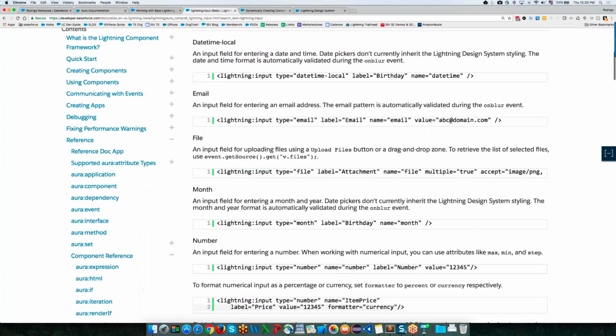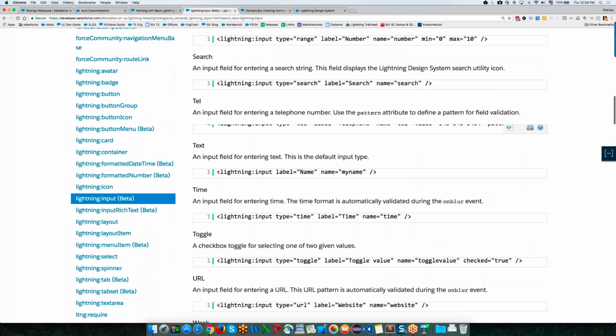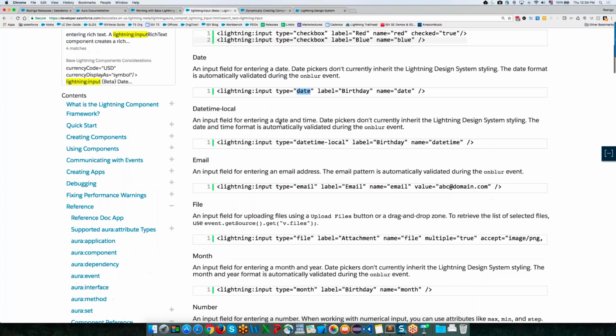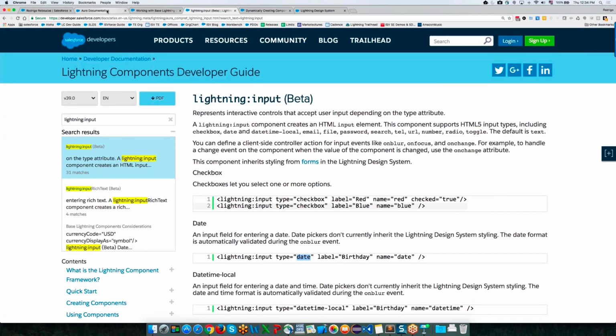So you can play around, take a look at all these examples. There are some code samples here too that are really helpful. There's another way to check the documentation of Lightning components that I really like, which is by going to your